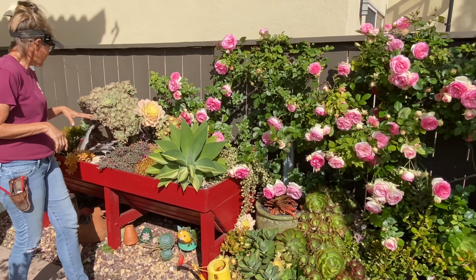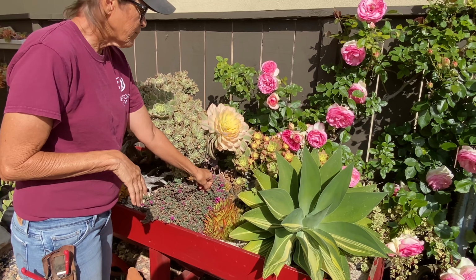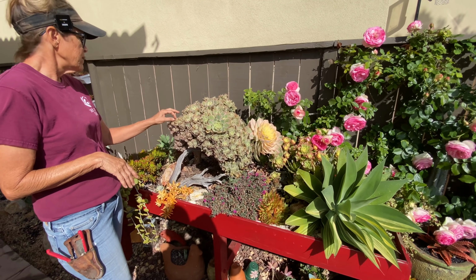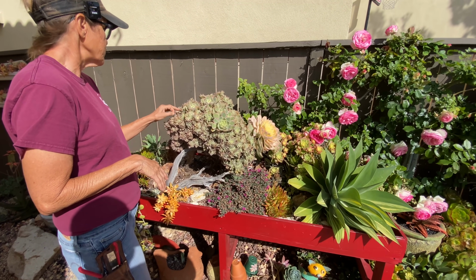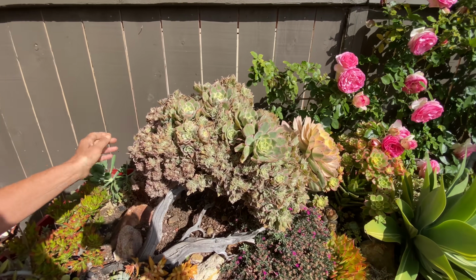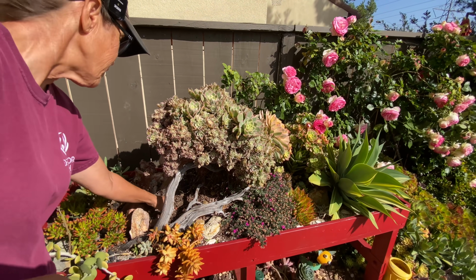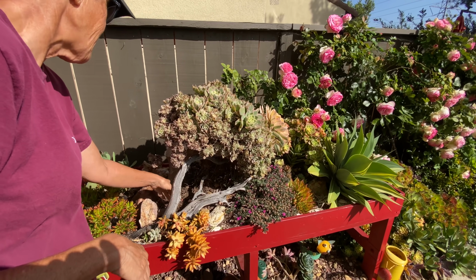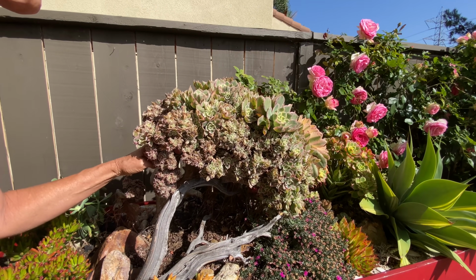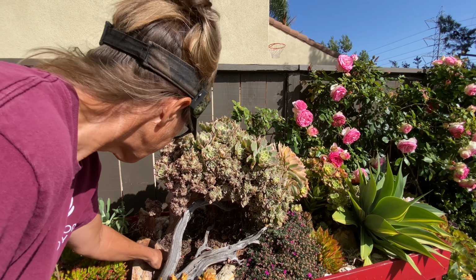But I started to do some stuff in here. I've been threatening to kind of refigure this raised bed. I've been talking about it for months, but I haven't really dropped the hammer because every time I look at it, it's just so gorgeous and I haven't wanted to mess with it. But when I looked at it today, I noticed that there were actually some plants, nothing special either, like there was an aloe, Crosby's compact, and some crassula growing underneath this crest. And it was starting to infringe and push up on it, and I panicked. So I pulled those plants out,